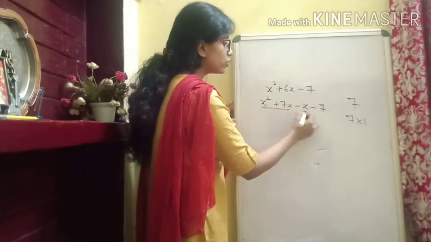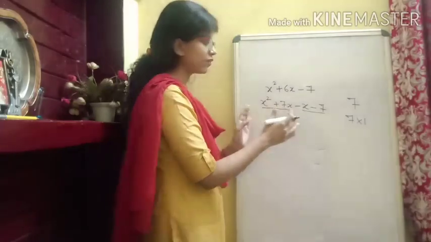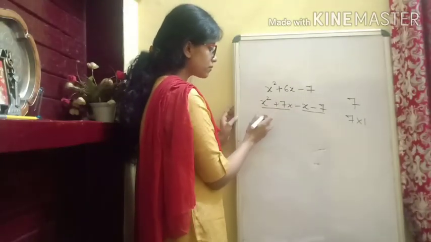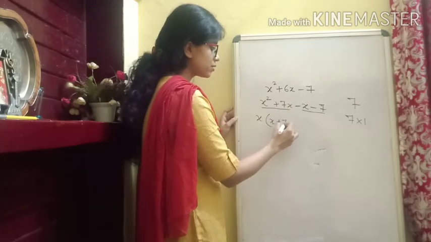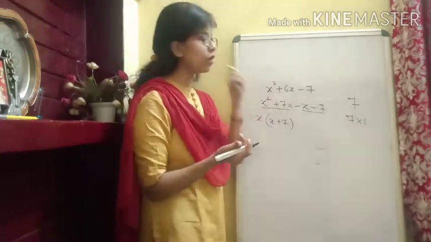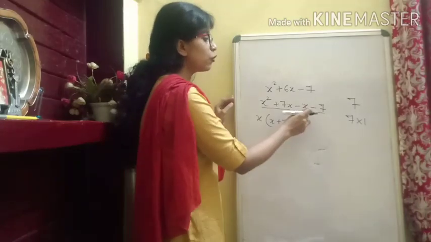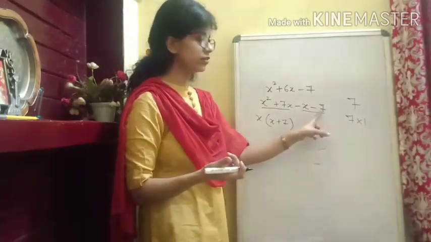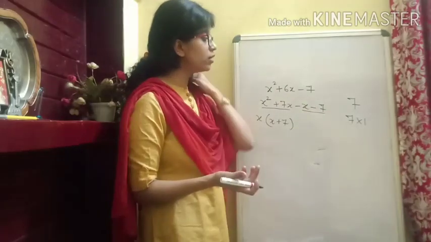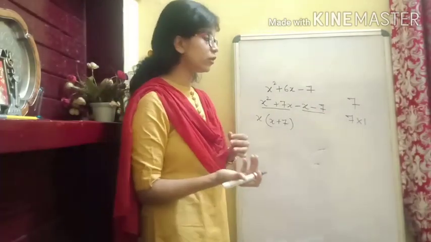Now since it is with 4 terms, we will couple them and we will take common. So from these two terms, what is common? x. Again, it is x plus 7. Is it okay? I think now you are aware how to take common. Okay, now from these two terms, what to take common? As you see here, x and here 7, we have nothing common. So we can take one common always.